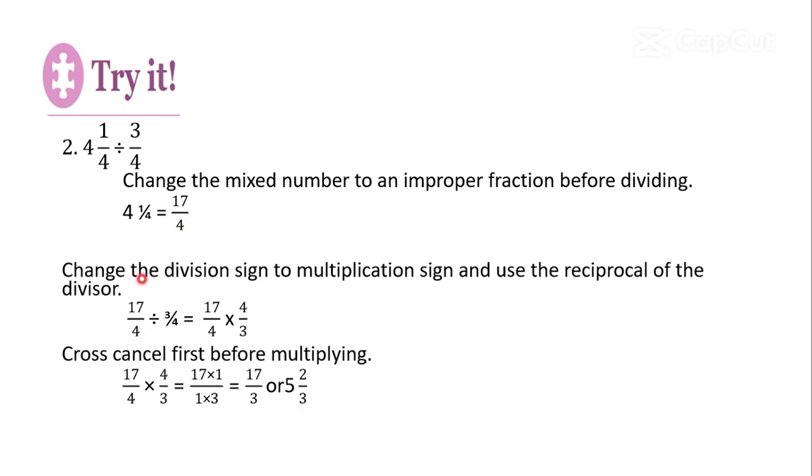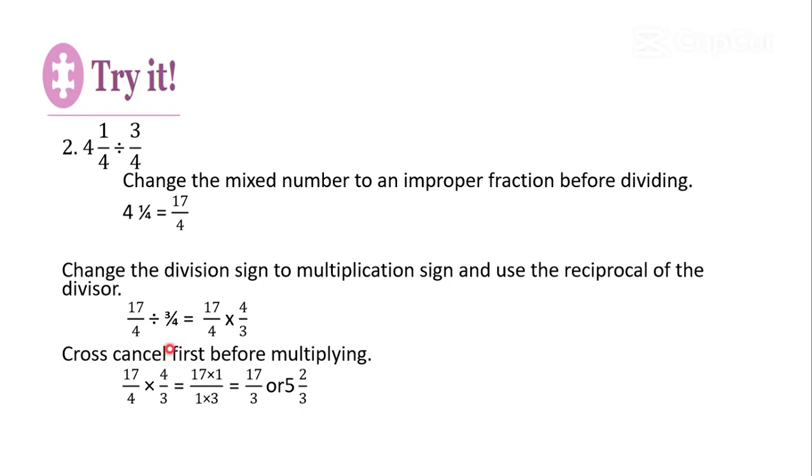Replacing it to our mixed number earlier. So, 17 over 4 na siya, divided by 3/4. Then, change the division sign to multiplication sign. Then, getting the reciprocal of your divisor. 3/4, himo na ng 4/3. 3 will become your denominator, 4 will become your numerator. You follow? Then, cross-canceling